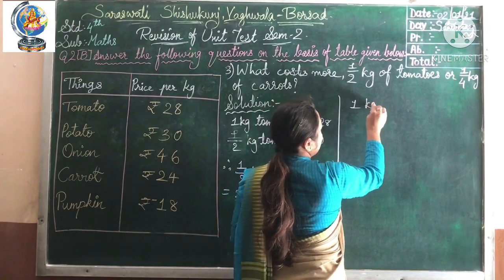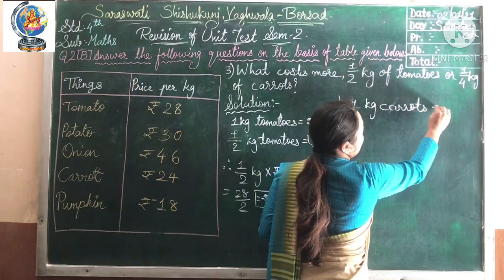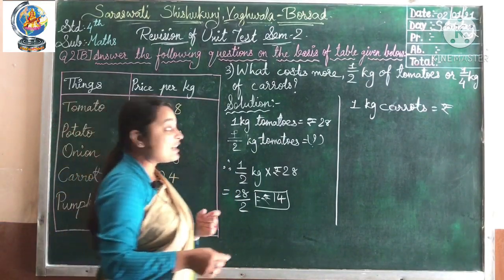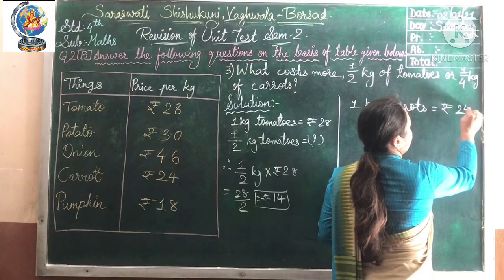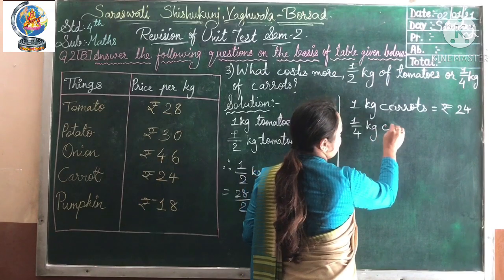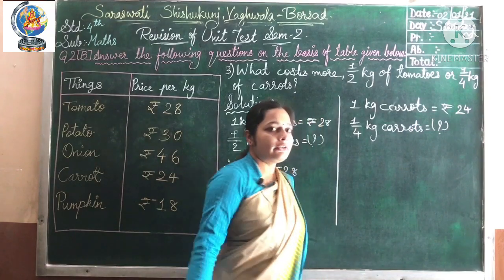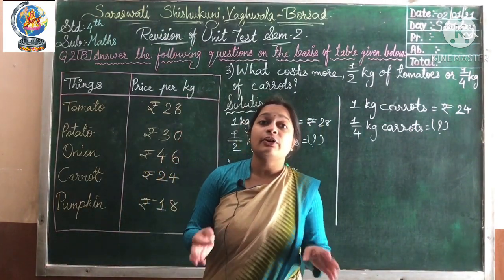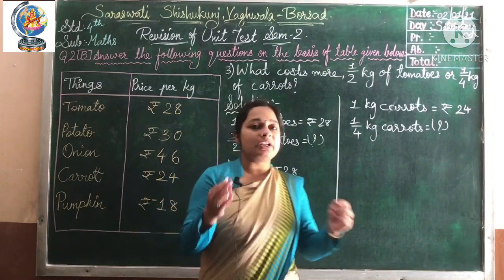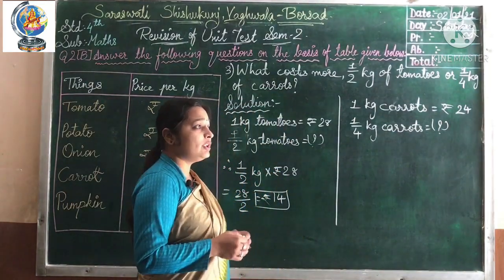So 1 kg carrots is equal to rupees, here in the table the price is given as 24 rupees, so we will take 24 here. Now for 1/4 kg of carrots, which we need to find, we will write is equal to question mark, right? Same kind of word problems are also there in question 3b. Here a table is given and over there the price is given in the question. It's simple, fine. So don't get confused, you are able to do both the questions.